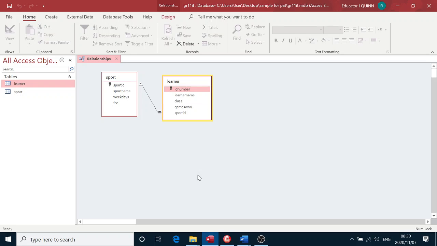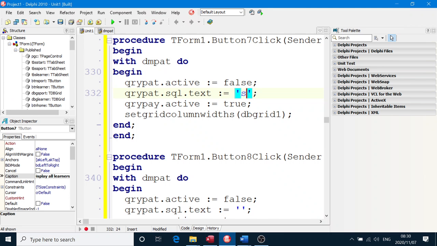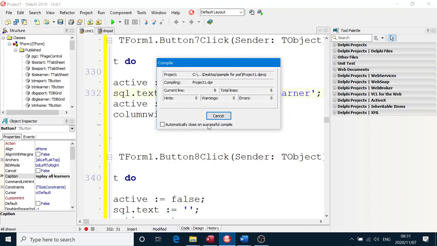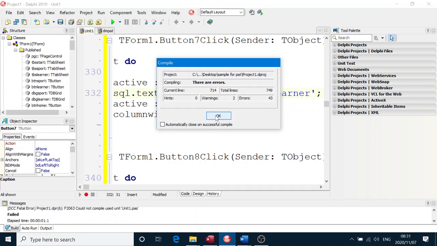If you want to display all the learners, we do a simple select. Select is the word that we use for display. If you want to display all the columns, you say select star, and then the from statement is telling the query, with the database, which table we are displaying everything from. Select star from learner. If I run the program, you'll see